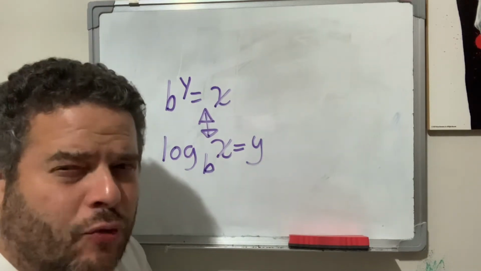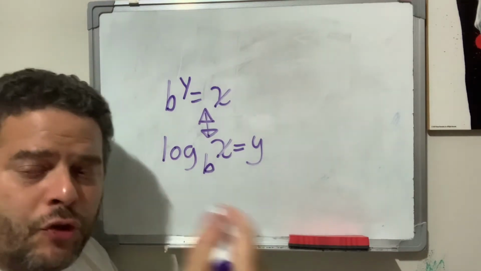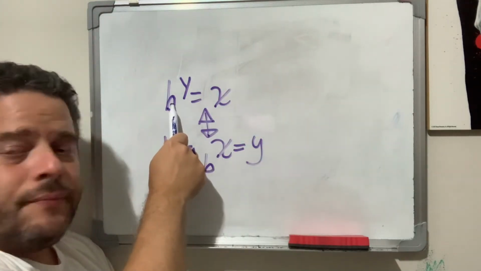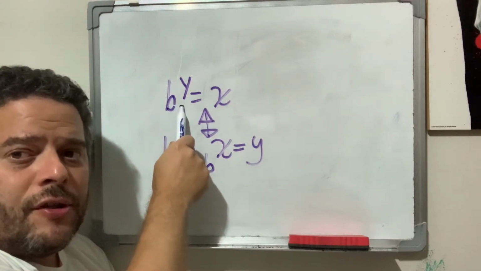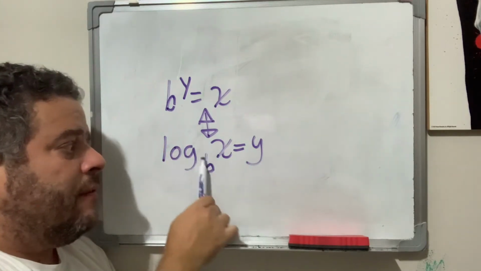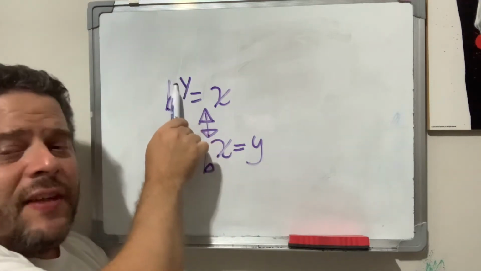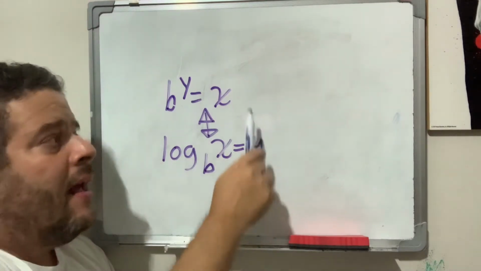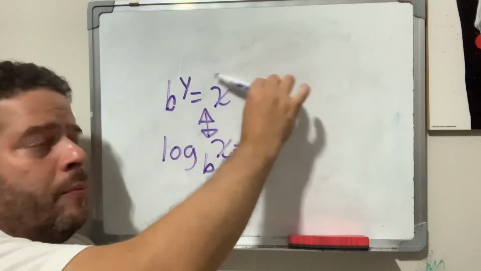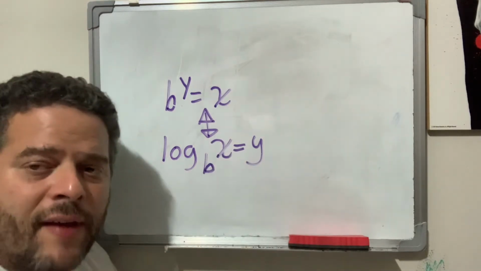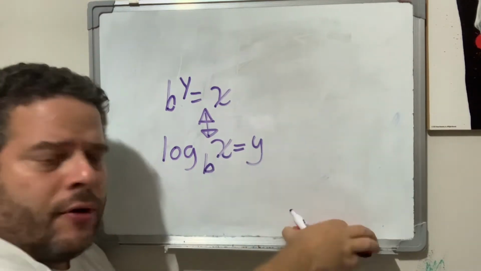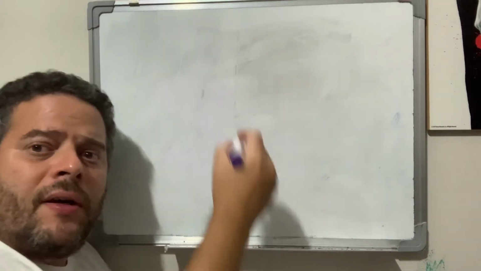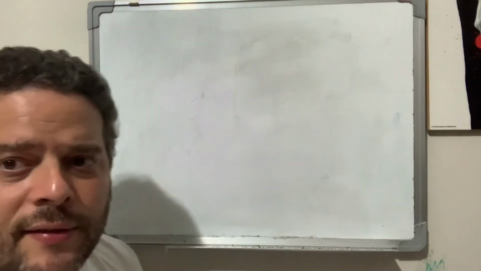Now, using numbers, it's way easier to visualize. But again, the trick that I use to just do a straight up conversion is the base for the exponential function gets set as the base of the log. What's on the left hand side, which in this case would be the exponent, gets sent to the right hand side. And what's on the right hand side, which would be the answer, now becomes this value here. Let's use numbers, for example, to represent a conversion. And the one that they use in the book is, let's take the number 3, and let's take a marker